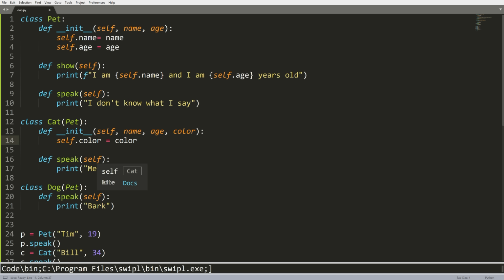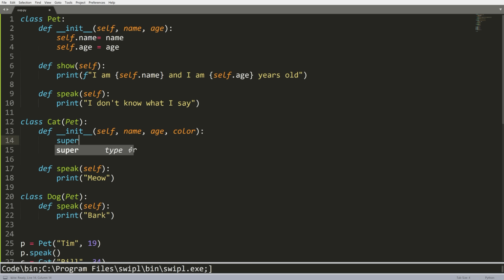So to ensure that that happens, when we do an inheritance like this, we do need to define the arguments that we need, or the parameters that we need for the parent's initialization, so name, age, but there's a fancy way to call that. So rather than rewriting this here, I can actually explicitly call this and set up our object that way. So to do that, I'm going to say